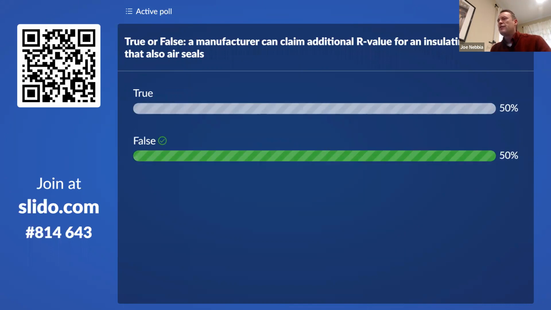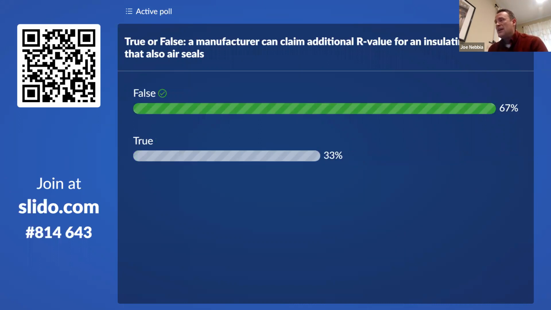Okay, we got about a 50-50 split. You cannot claim additional R value because of air sealing properties. So the labeled R value is the amount of R value that's been tested according to FTC rules, and they can only label that R value and sell it in this country if it's tested according to